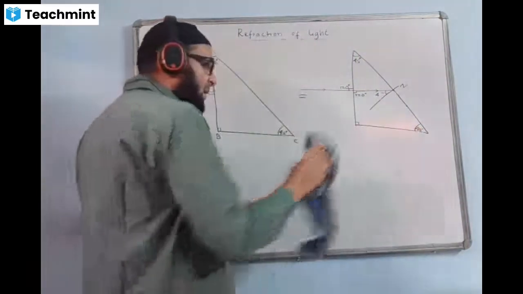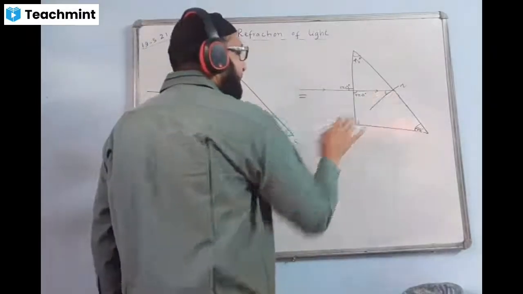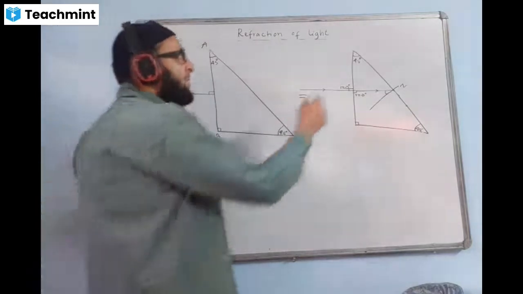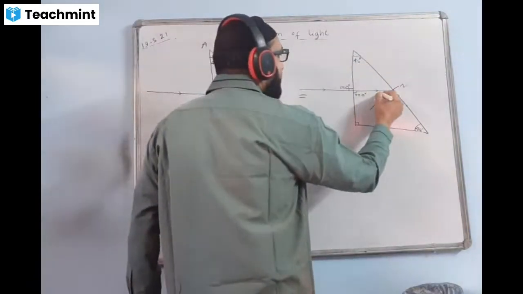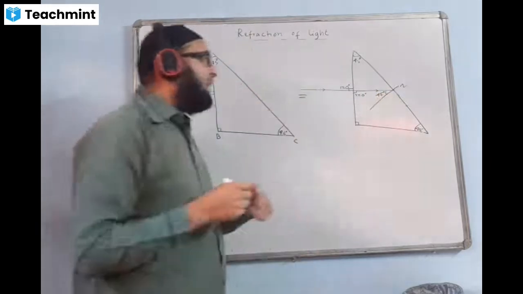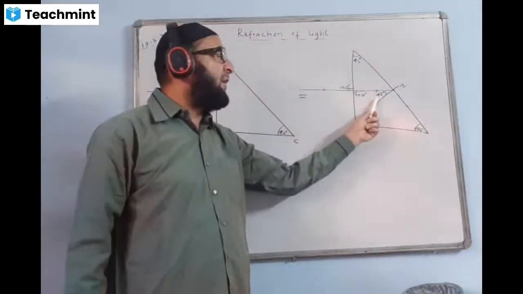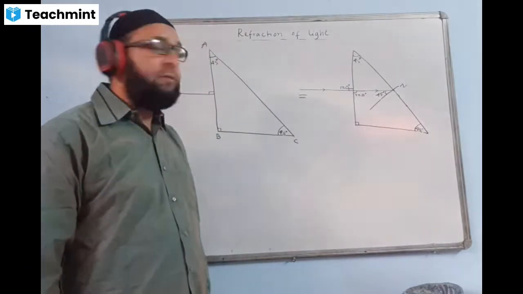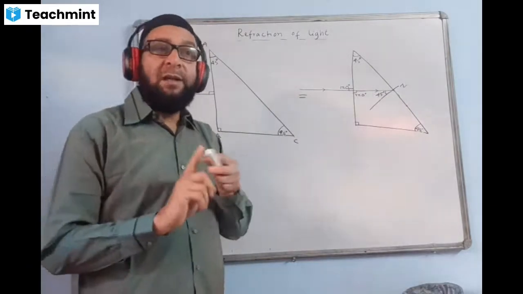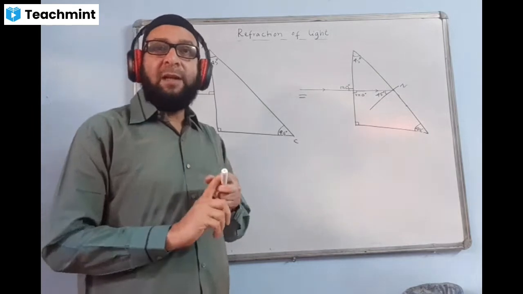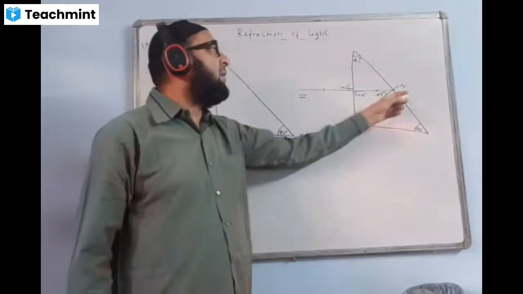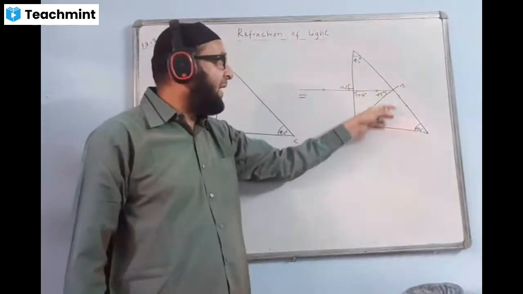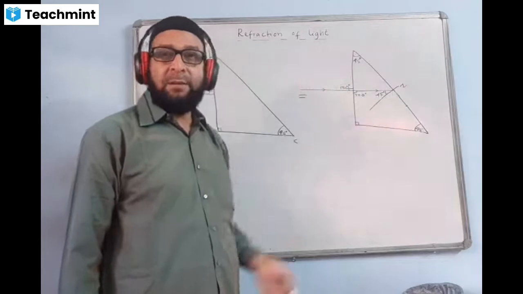All right. Now tell me what is going to happen. TIR, very good. Because this is 45 minus 0, this will come 45. We find the angle of incidence in the denser medium 45 degree, which is more than critical angle. That means TIR is going to take place. Now here you need to be exactly careful. Okay, total internal reflection time. Total internal reflection is the ray will not be refracting, will not come off in this medium. It will be internally reflecting. It will be going inside the prism.